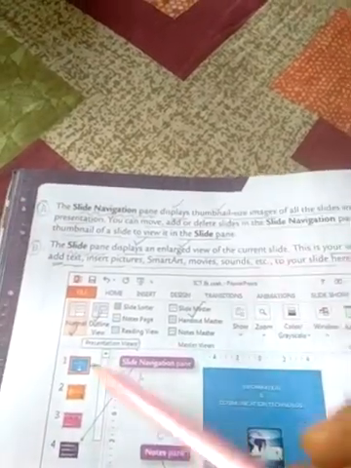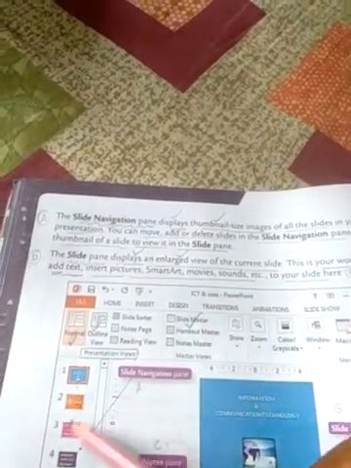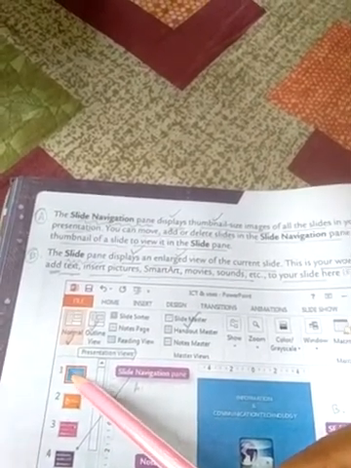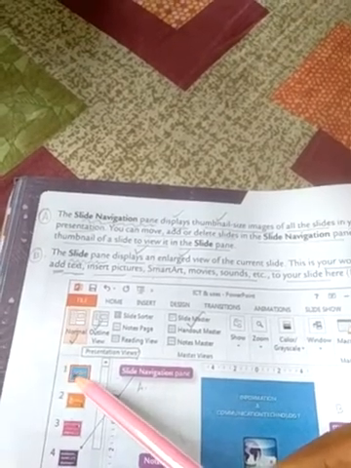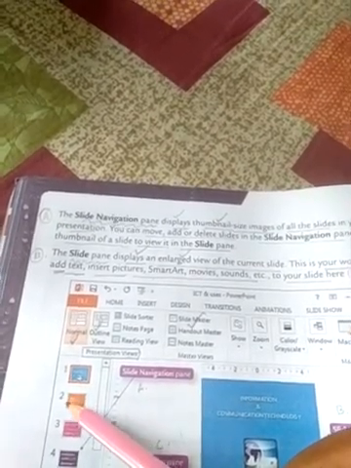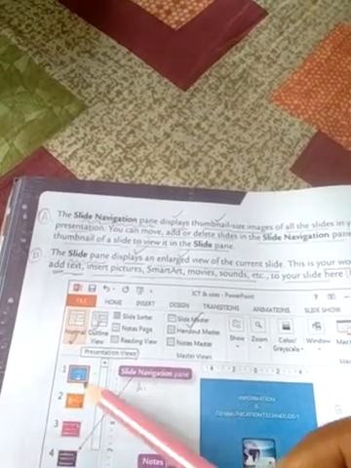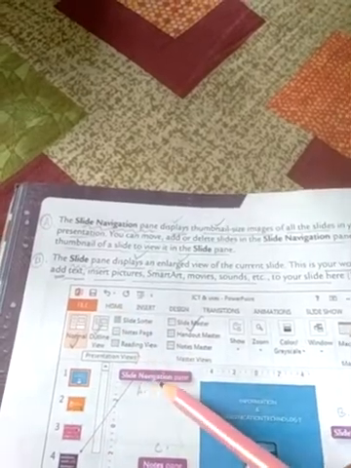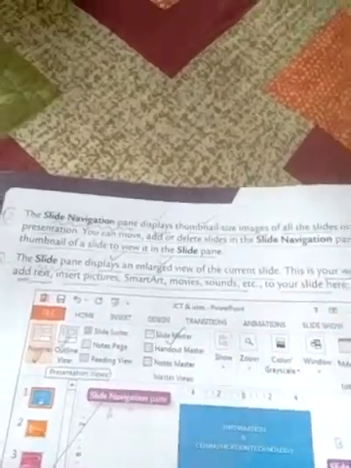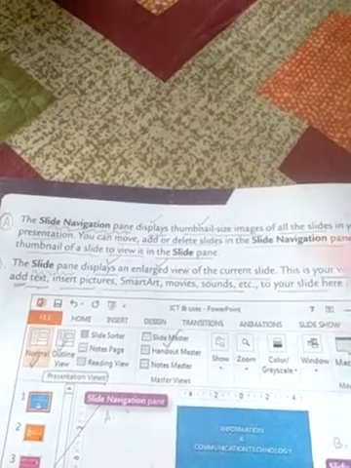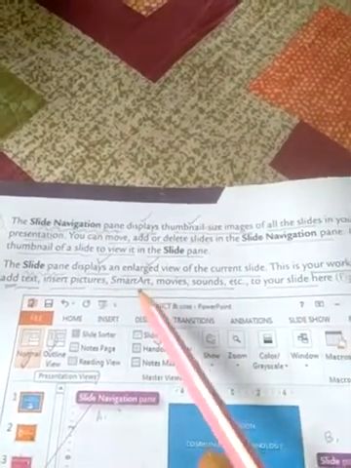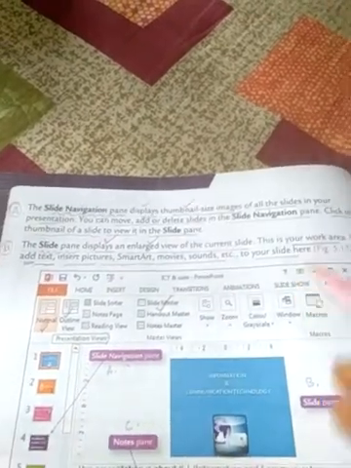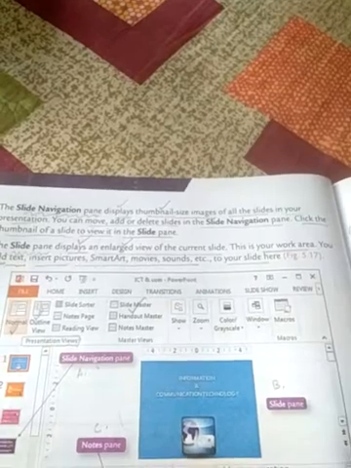These are the different slides of the PowerPoint presentation, and these are the small thumbnail size images, and we can avail this kind of slides in the form of thumbnail size images under this slide navigation pane of the normal view. And by using this slide navigation pane, we can either move or add or delete the slides in this slide navigation pane of our PowerPoint presentation.